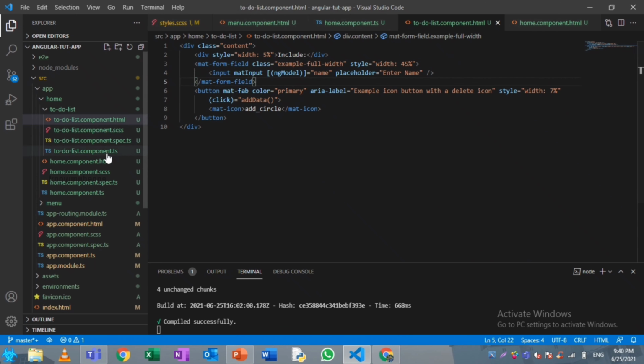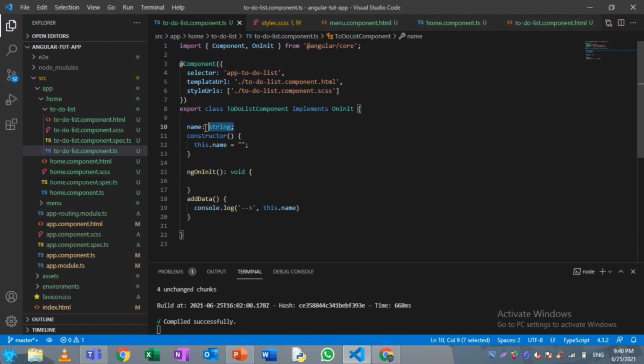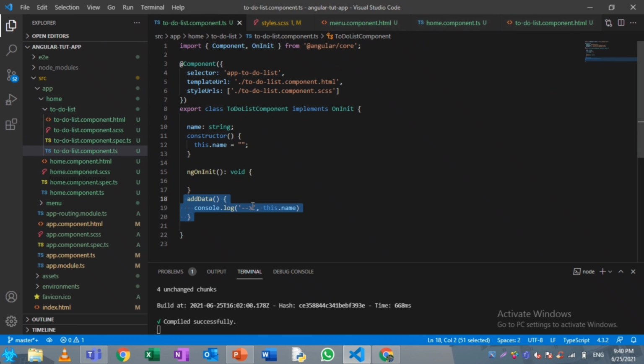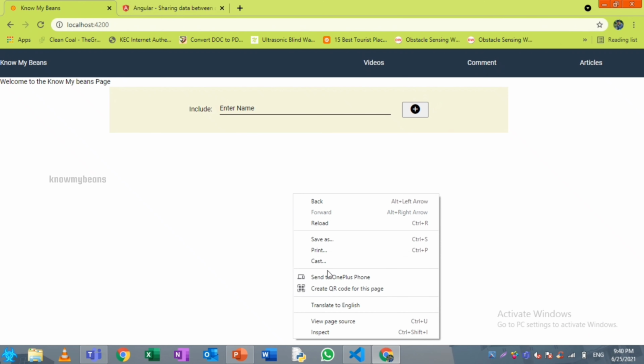To handle events, there is an event called add data, which I have given in the click event of the button. You can see it here, right? As of now, it will just print whatever I give in the input to the console. We will see that in action now.